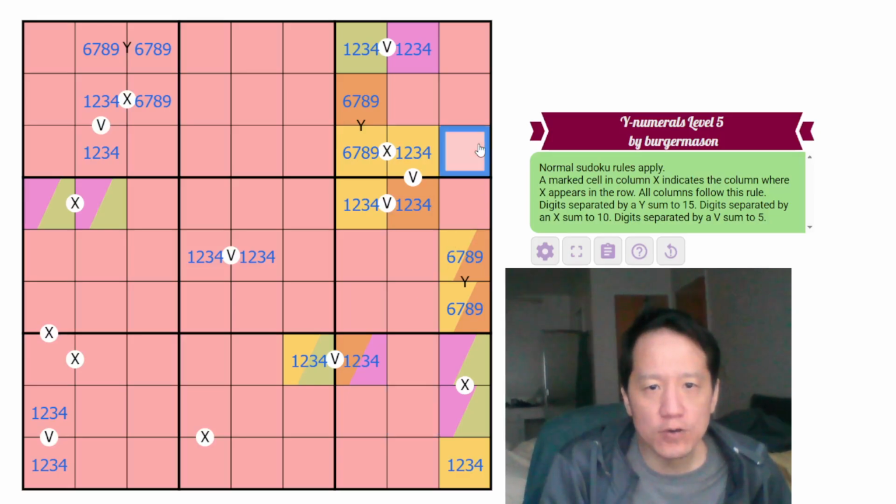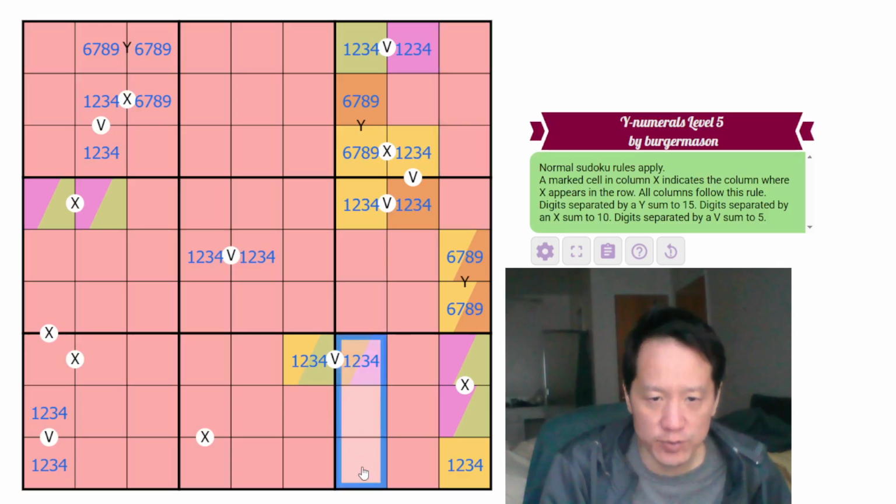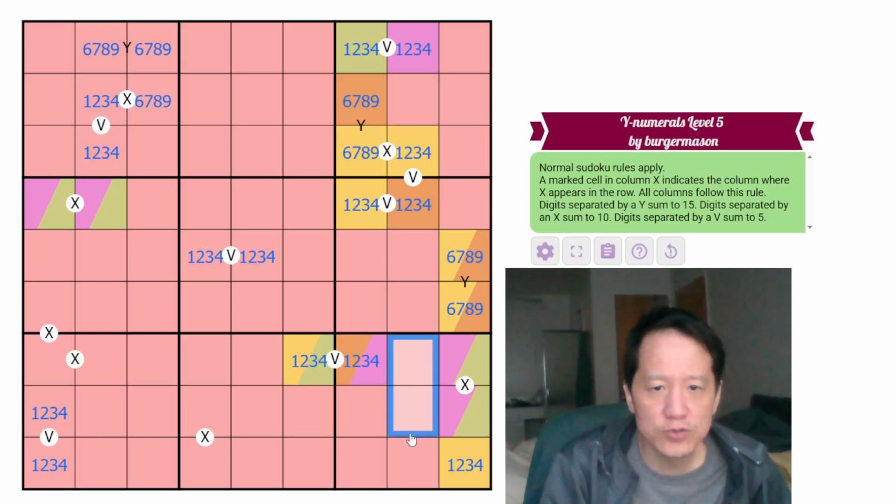We know the orange 1 through 4 cannot be any of these cells. So it must be one of these three. So the orange 1 through 4 has to be one of those three. What else do we know? 2 out of 3 of these digits have to be the